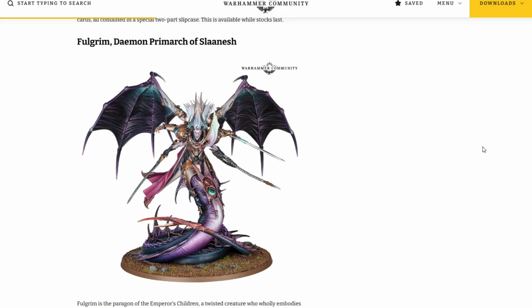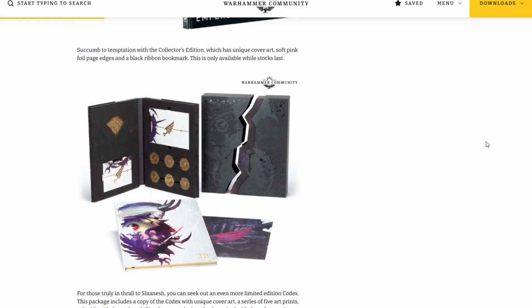But aside from the Combat Patrol, this is going to be the remainder of the Emperor's Children up for pre-order this week. And then we also have the Emperor's Children limited edition Codex bundle. I would imagine for certain collectors out there or massive Emperor's Children fans that this is going to be something they want to pick up. But the $250 price tag is definitely steep. I do think the presentation on this is absolutely amazing. It's definitely cool that it has some unique offerings in the piece of the medallion. And then also the opportunity to get a hold of the stratagem cards and objectives that are not available anywhere else. The art prints are probably going to be cool as well, but I definitely think the $250 price tag